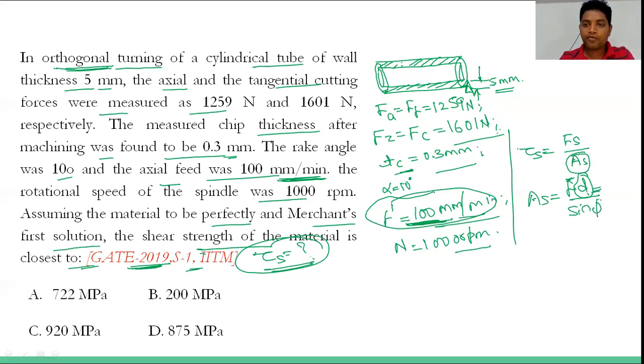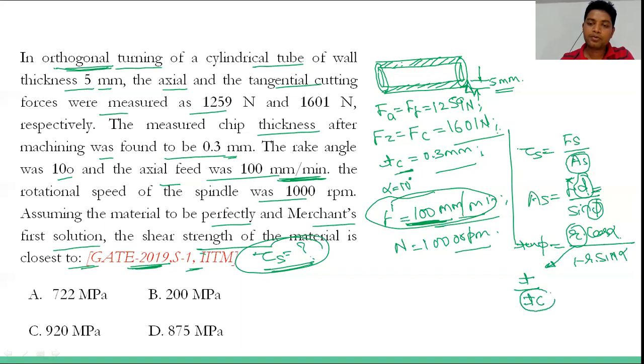Now phi we have to calculate, but how to calculate phi? For the calculation of phi, we have this formula, that is tan phi will be equals to r cos alpha upon 1 minus r sin alpha. ठीक है, देखिए अल्फा आपको गिवन है, that is 10 डिग्री. r क्या होता है आपका, that is chip thickness ratio, that is t by tc. tc आपको गिवन है, बट t आपको गिवन नहीं है, तो कैसे कैलकुलेट करोगे, यहाँ से r कैलकुलेट नहीं हो सकता है, because we see this relationship that t equals to f into sin lambda. ठीक है, lambda अगर आपको नहीं गिवन है, then we'll assume that that will be equals to 90 degree, and feed we can calculate from this relationship. Okay, from this relationship.